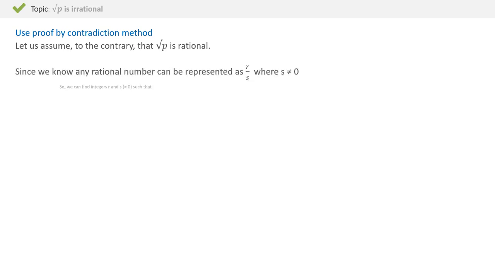Similarly, we can prove any prime number's square root is irrational. And now let's take an example of a generic prime number. Square root of p is irrational where p is a prime number. We will again use the proof by contradiction method. We'll assume the square root of p is rational as opposed to irrational, and we will represent it as square root of p equal to r by s,